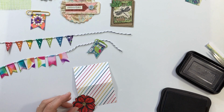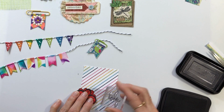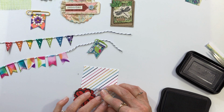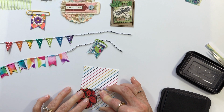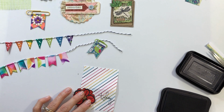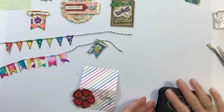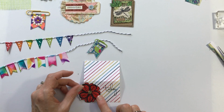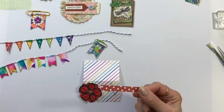Okay, so I've got the ink, and now I'm going to place the flower there, and I think I'm going to put the word here. I'm using Stays On black ink. There we go. Love it. All right, so we have the word today. And then, like I said, the flower will go here. Nice big flower. And I found this little scrap in the scrapbook